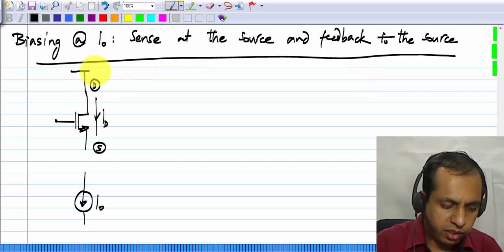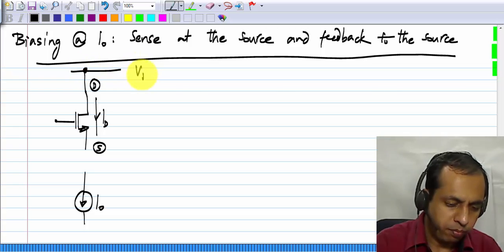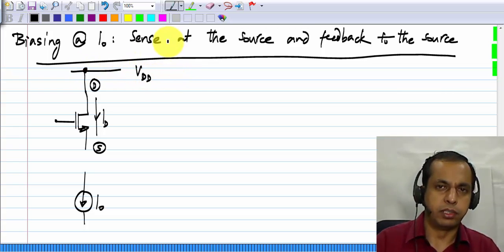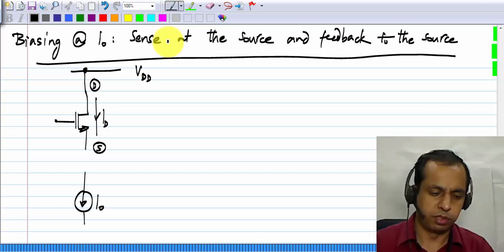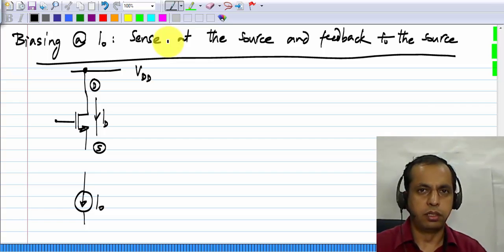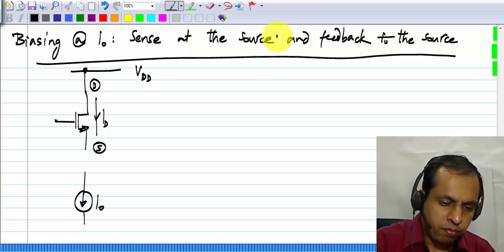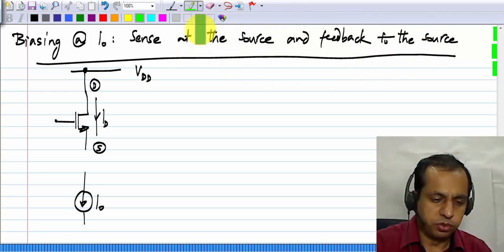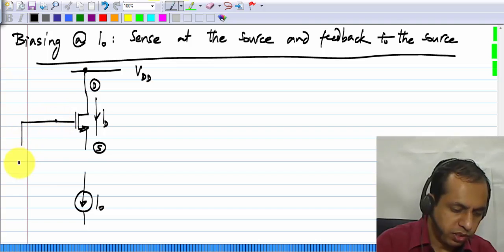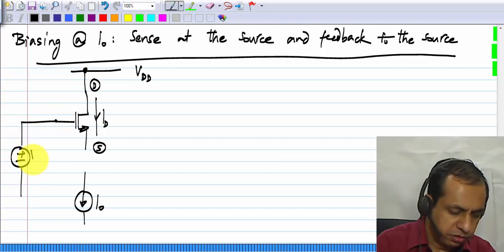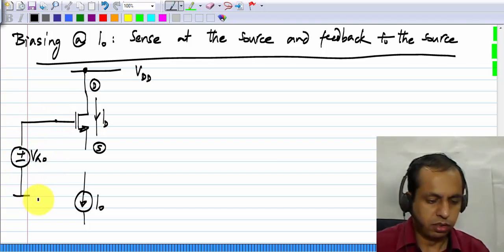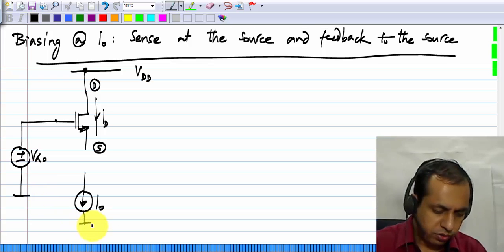I'll assume that it's connected to the supply voltage VDD. Okay, later when we realize circuits using it, it'll have to be changed, but for now I'll concern myself with biasing and connect it to the supply voltage VDD. And because we are applying feedback to the source, the gate is connected to a fixed voltage. You can call it VG0. Okay. So now,